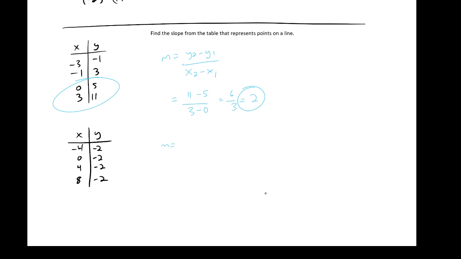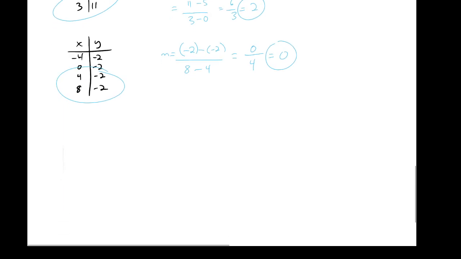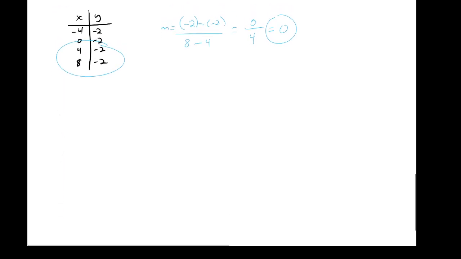So m is equal to, let's take again these last 2 points, right? We're going to take -2 minus -2, and we're going to put that over 8 minus 4, okay? Right, the second x minus the first one. And then, well, -2 minus -2, it's going to be -2 plus 2, which is 0, or 0 over 4, which of course the outcome is just 0. That is 0 slope, okay? Totally works that way. One more of these,